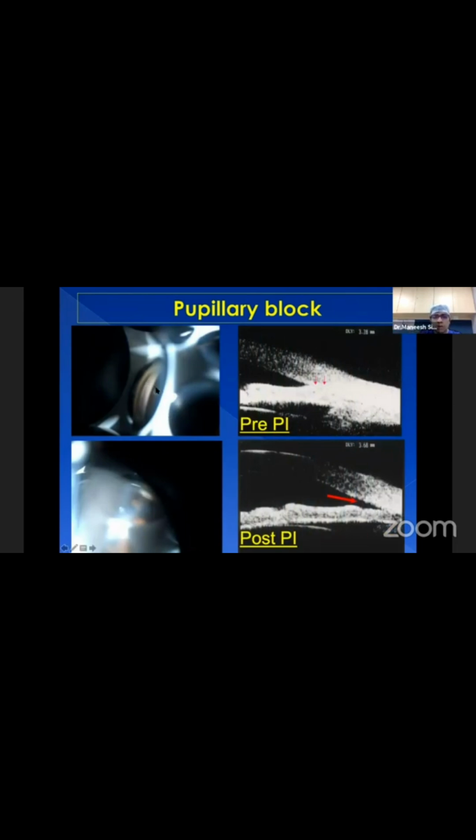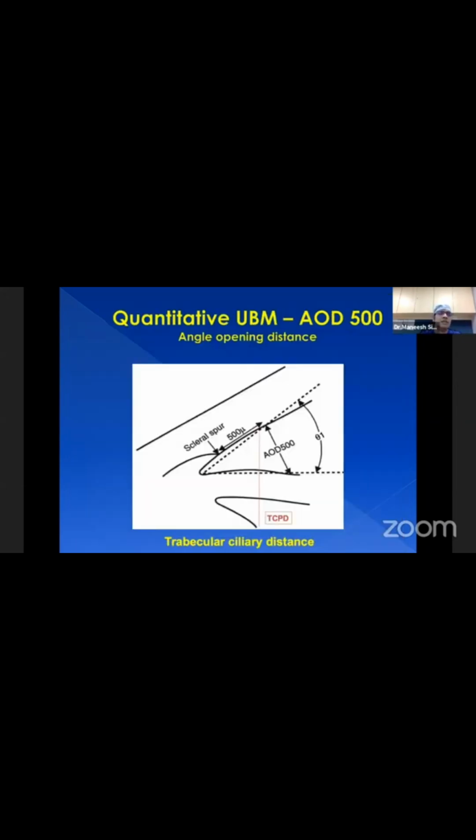For example, this is a closed angle. You can see on UBM also there is iridotrabecular contact. Once you've done a PI, the angles open up. So it gives you more idea about how the disease is working. It can also be used for quantification, but that is mainly used for research purposes, not much useful for